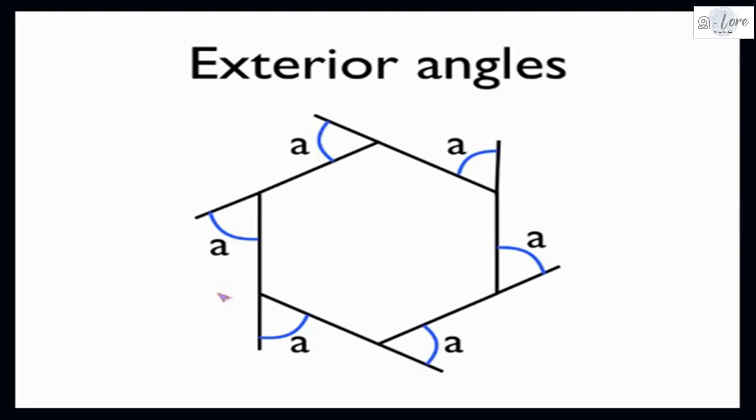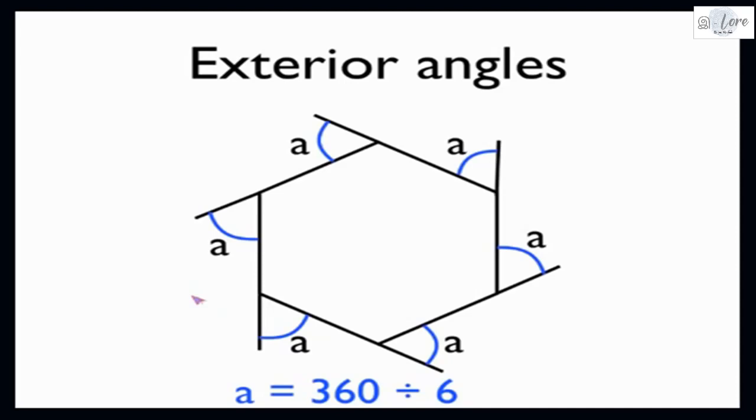All the same, representing as A, because in a regular hexagon, all the interior angles are also equal. Meanwhile, the exterior angles also will be equal. When you get the sum, we know that it is 360 degree. How to find out each measure? 360 divided by 6, because the sides will be 6. That's why we are dividing 360. The sum of all the exterior angles will be 360. If you divide by the 6, you will get each exterior angle.